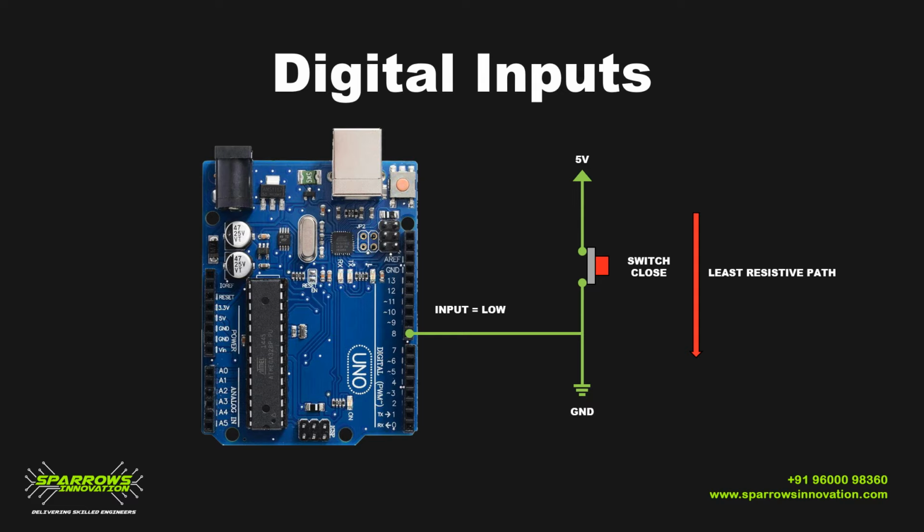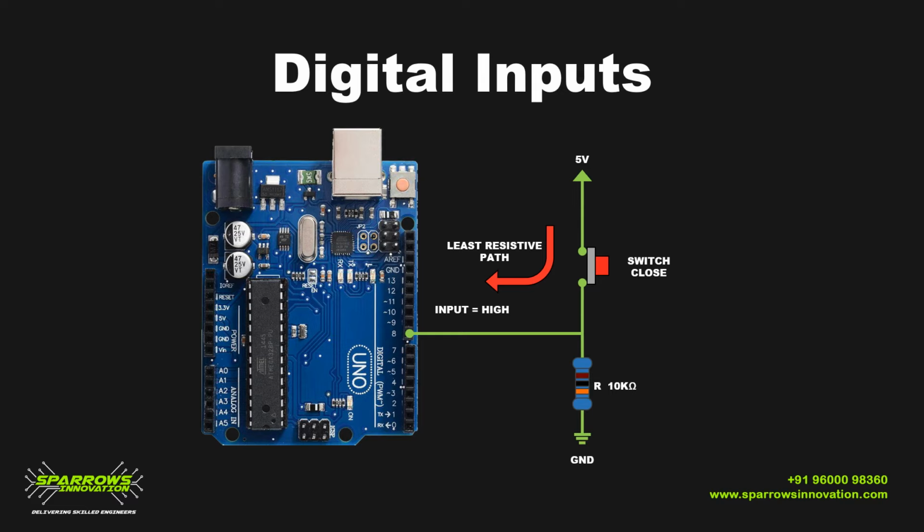So to make this combination work, I am going to connect a resistor to this circuit. I am connecting a resistor between the ground and the switch, so that when the switch is closed, the 5 volt will be connected to the input pin, because that circuit is the least resistive path, so the input will be logical high. And when the switch is open, the ground connection will automatically be connected to the pin, so it will act as logical low. So the input will now be logical low.